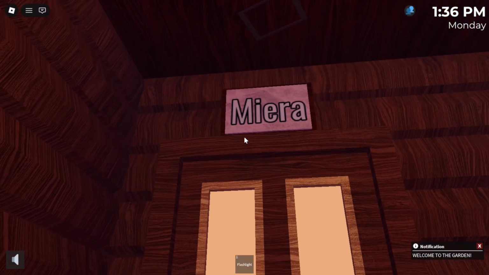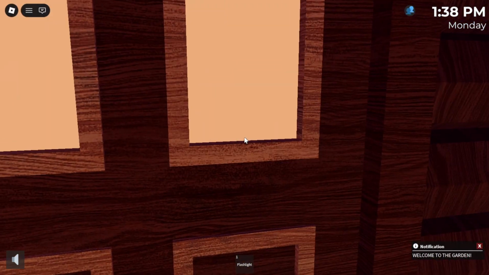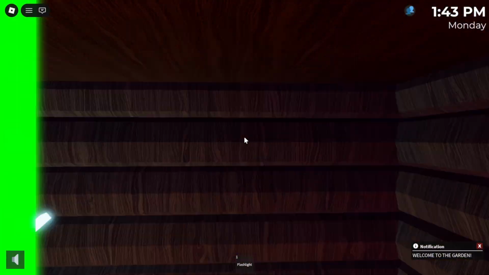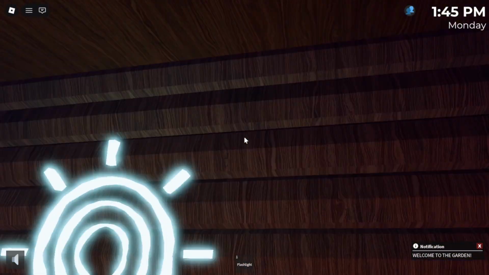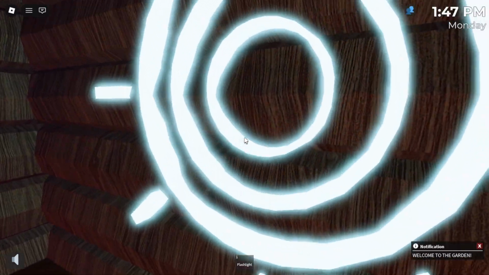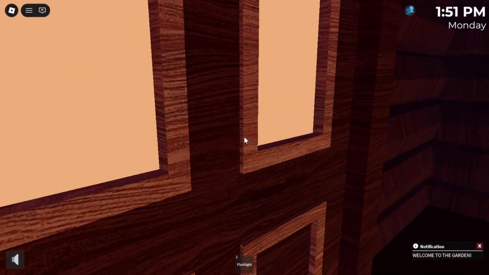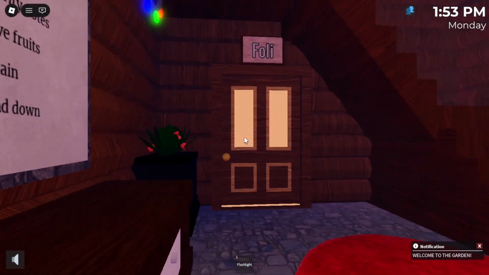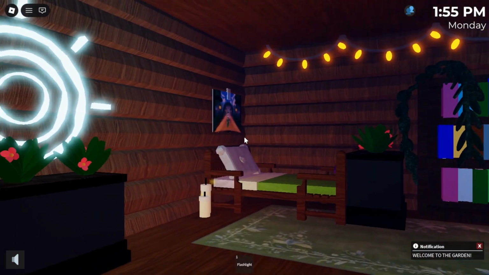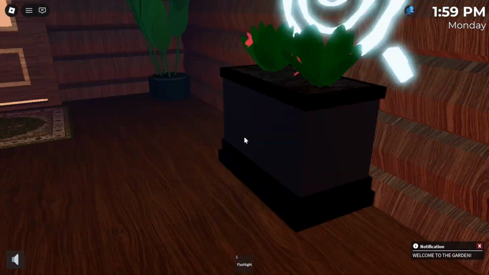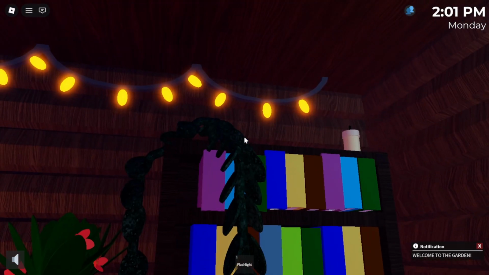Leela. No, Miera. Leela. And this weird symbol. Why do you have radioactive goop going down your wall? Or your ceiling? It's really interesting how this is not very furnished. Folly, the main guy. Okay, I don't know what y'all are doing to Leela, or why Leela has nothing.